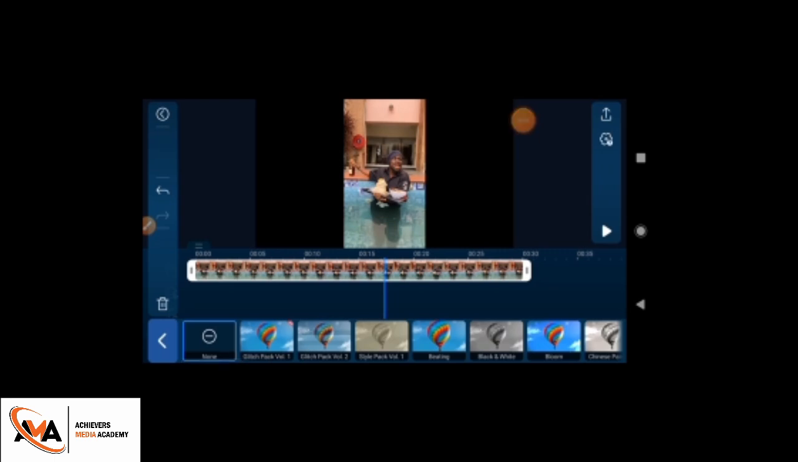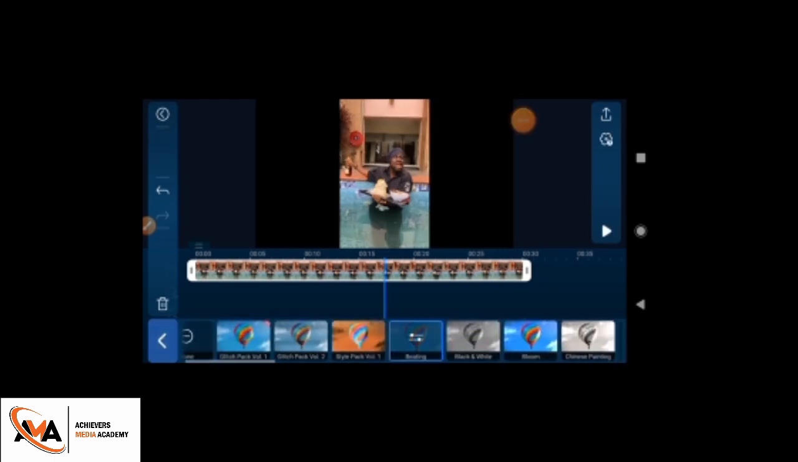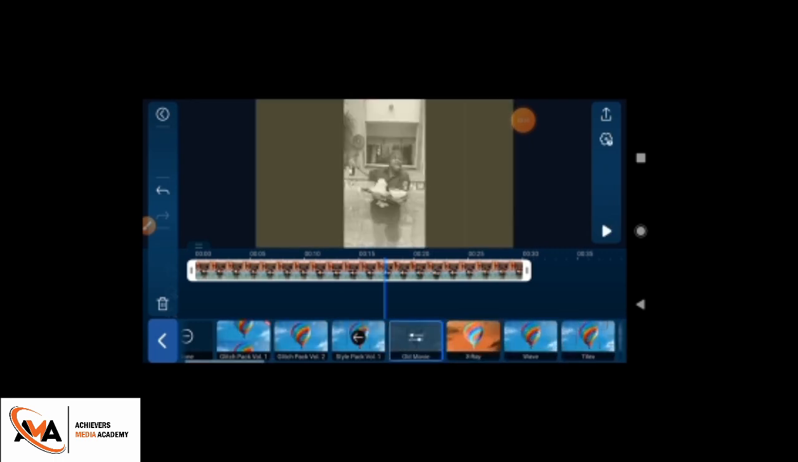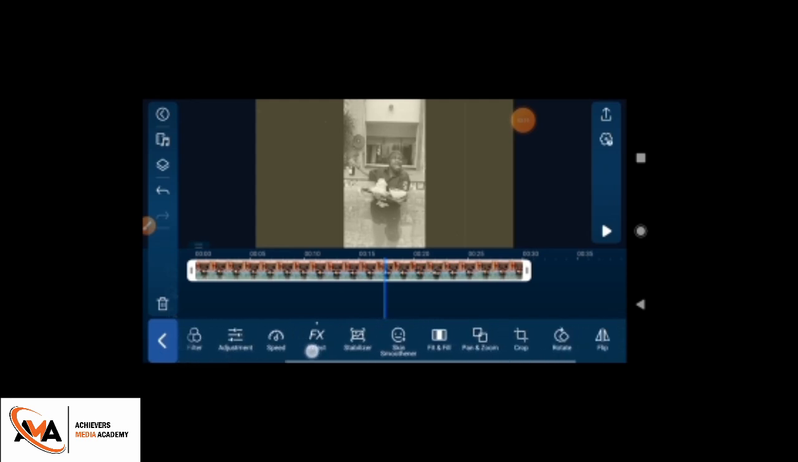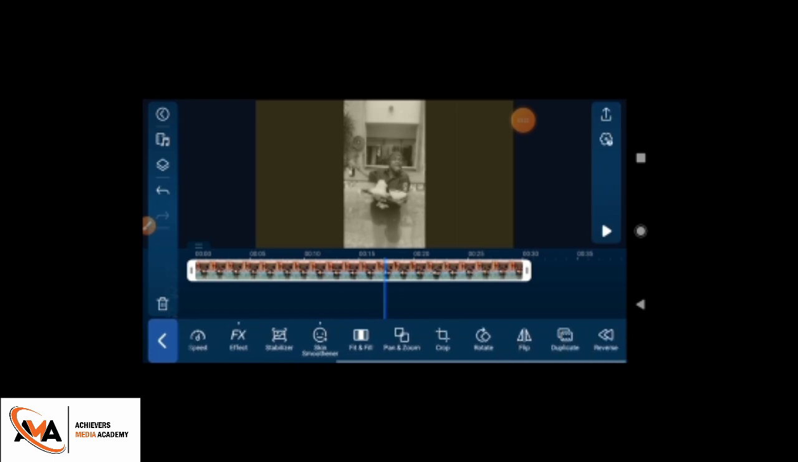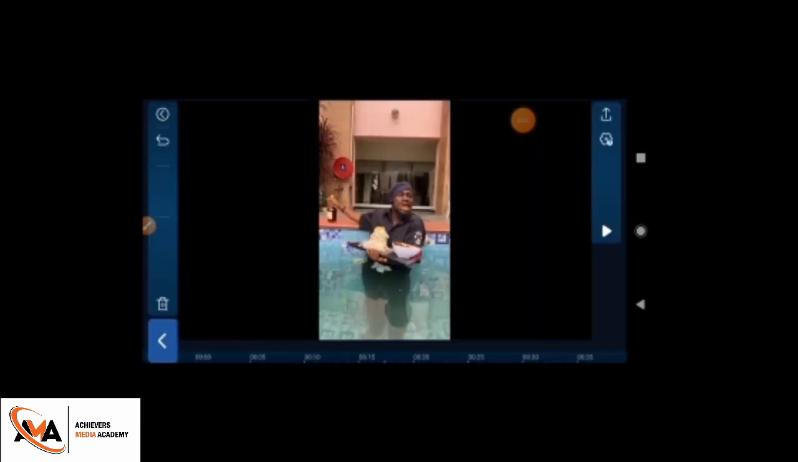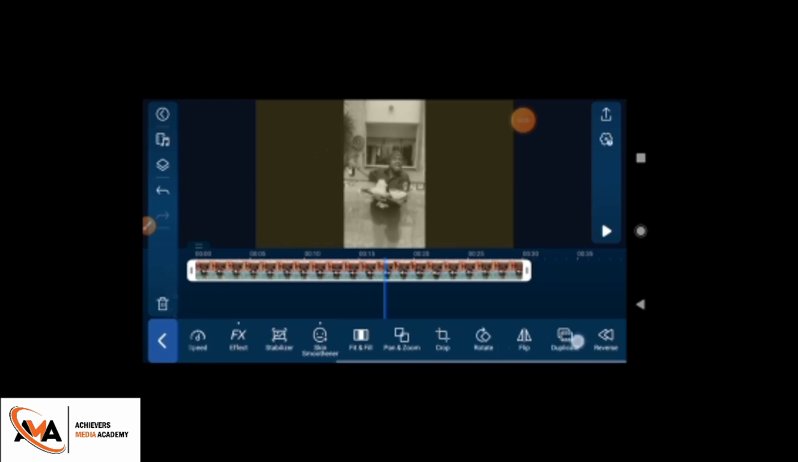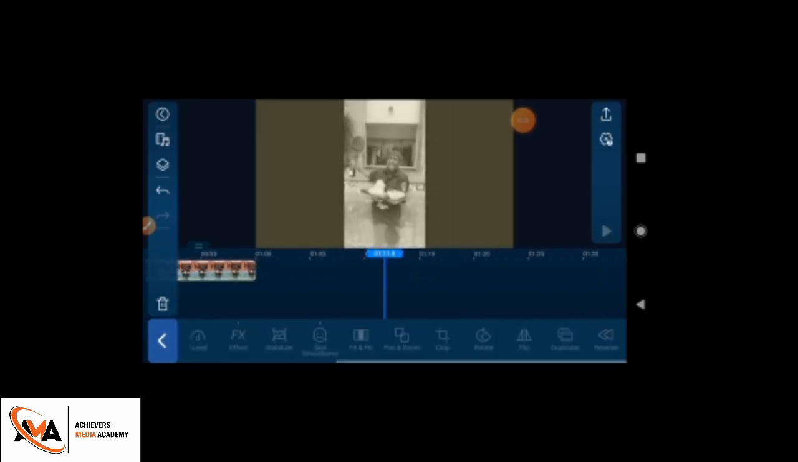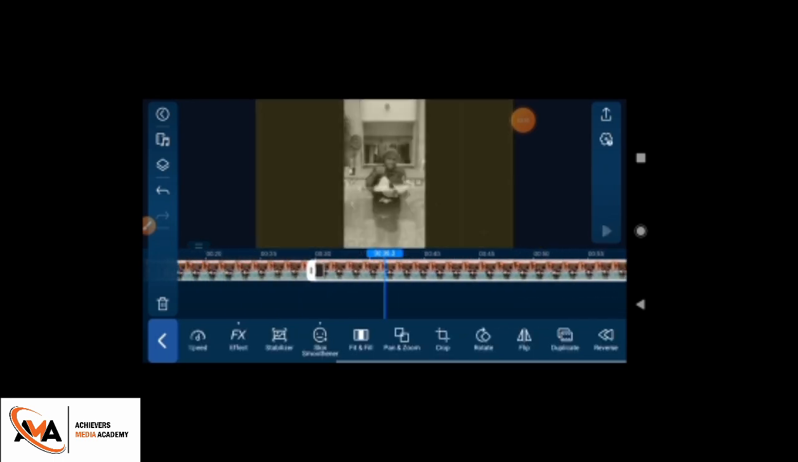You can always add effects from here. In this effect section, if you want to make your video brighter, darker, or turn it to black and white, you can always do that. Skin smoother, you can use it to smoothen your video. You can also crop your video here with the cropping tool. You can duplicate this clip, instead of adding it as a